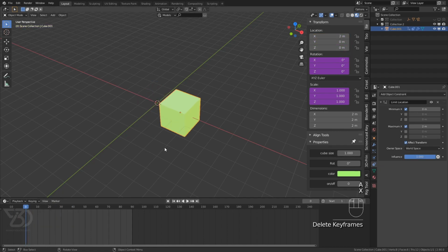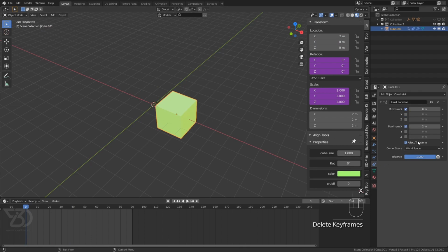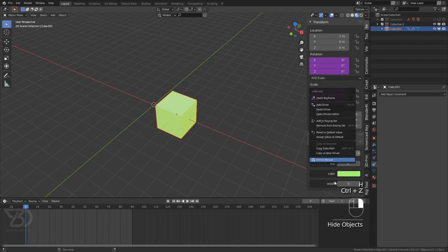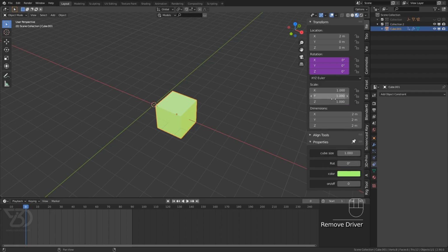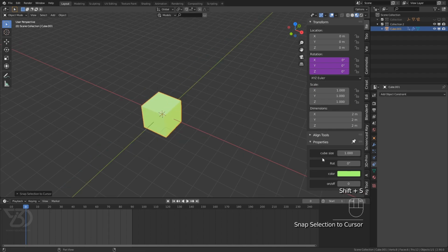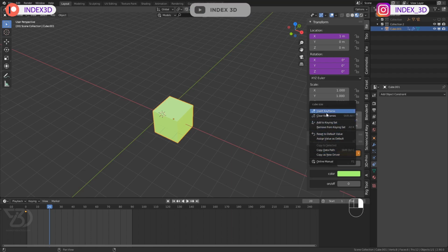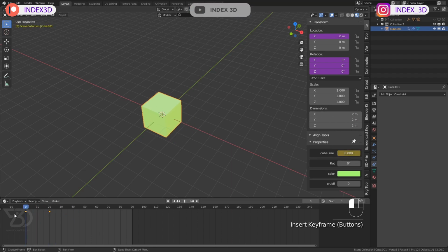So this is where I use custom properties. Instead of using this limit location constraint, I use custom properties. So sorry, from this I will delete this for demonstration purposes. And now we can use this custom property, insert a keyframe, then move it over here. Let me link it first, copy as new driver, paste. So now it's linked. Now we can use this value, we can drag it and it will not go more than 1, and then we can insert a keyframe over here and see, it's working.